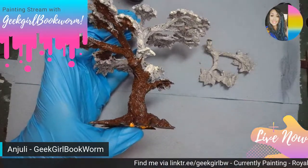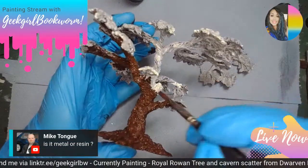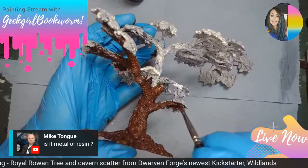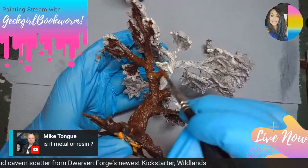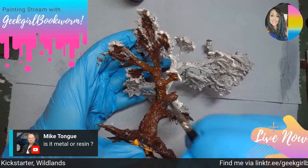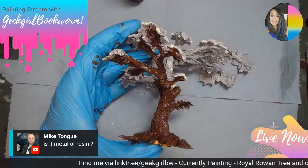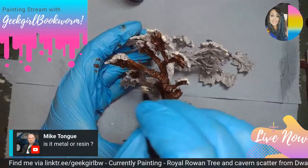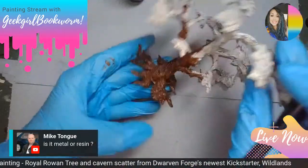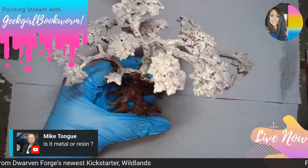Is it metal or resin? It's resin, but it's because it's a prototype. It's quite a fragile resin. So the stuff that the actual ones from the Kickstarter are made of are sort of a really strong resin plastic that they've formulated themselves. Call it Dwarvenite,